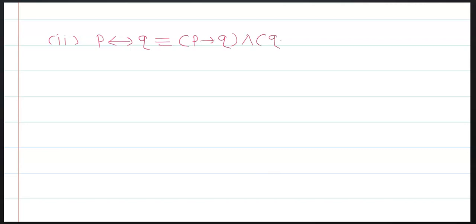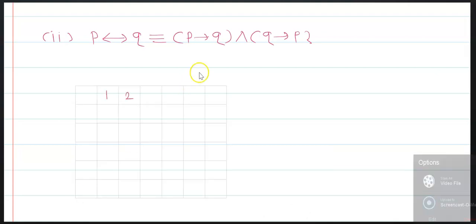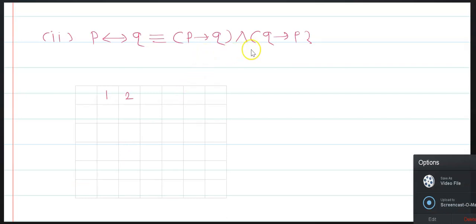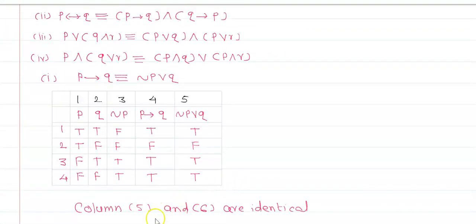That is P double implication Q. P double implication Q is equivalent to P implies Q and Q implies P. These are the very important results. You have to remember all these results. Now the first result, I want to see again. What I had written is not the 5 and 6, it's 5 and 4. This was by mistake. We can change it. Okay. Now next is